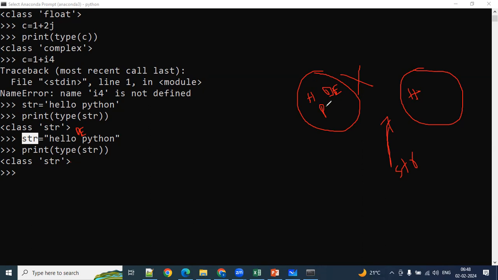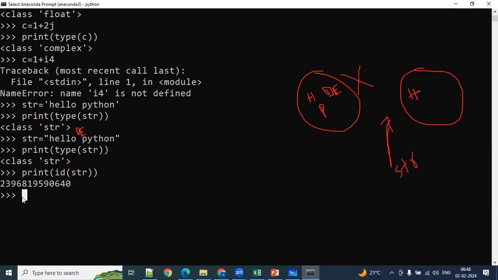And this memory location is different, and this memory location is different. If you want, I can prove that one. Okay, let me try to assign that one here. Hello Python is the first one. Now, if you want to know the memory location of that one, what is that command we have to use? ID. ID, right? Okay, let me try to take that ID here. This is immutable not only for string, but for everything, for all the other data types as well. So this is the number when I represent the string with double quotes here.